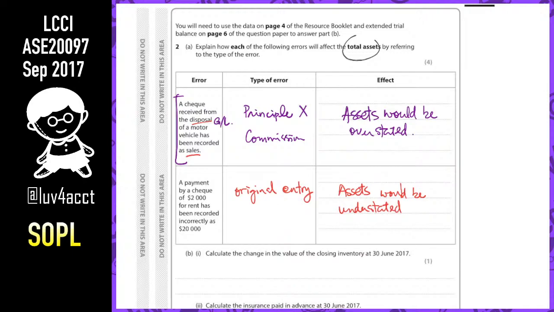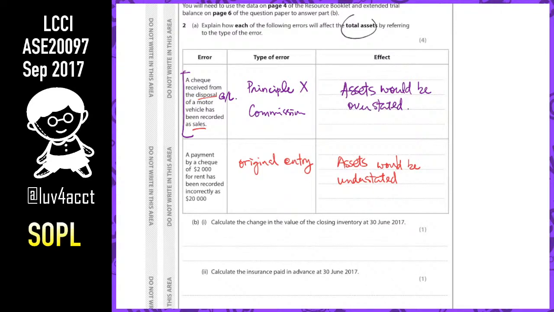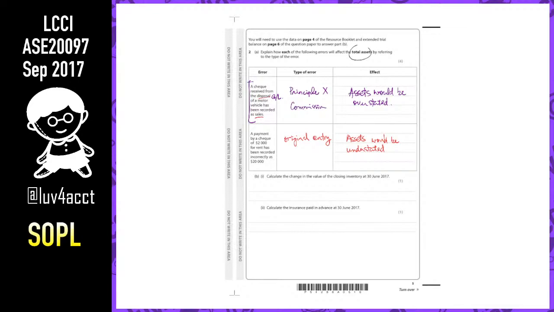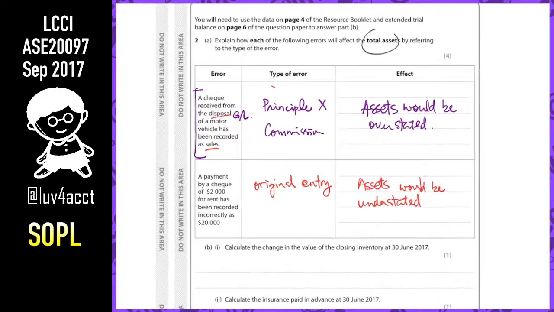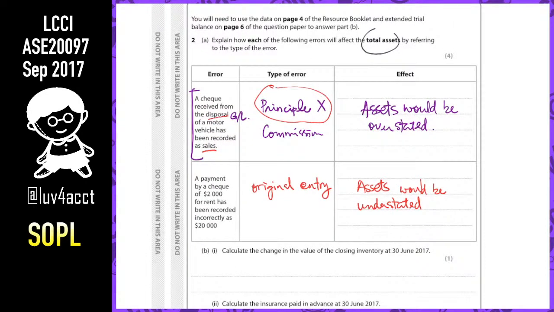Because you have mistakenly put the payment as 20,000, that is more than what it should be. So cash or bank is incorrectly reduced by a higher amount. You will have a lower balance, so it is understated. It is a little bit challenging for this part, but it is 4 marks. I think at least we can get 3. For example, for me, I may have missed this mark.